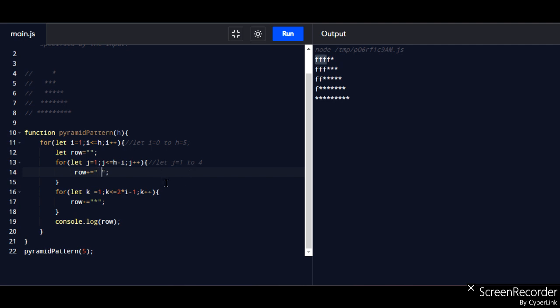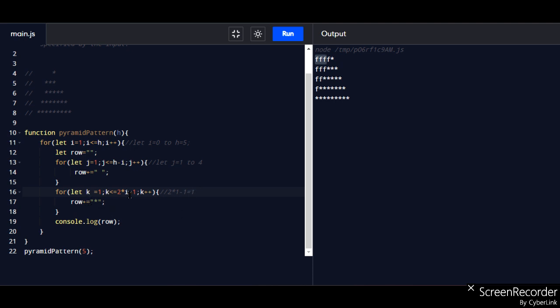Then again we go with let k equal to 1, and k less than or equal to 2 into i minus 1, k plus plus. So 2 into i minus 1 gives you 2 into 1, because i is equal to 1, and then minus 1, so it will give you 1.